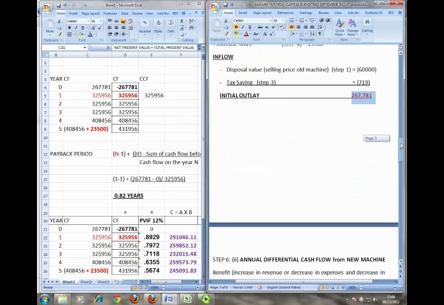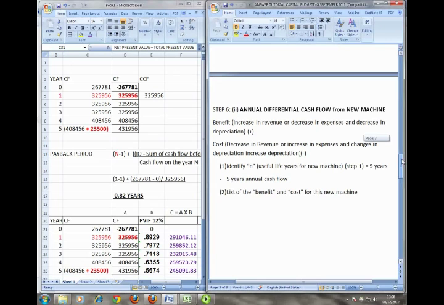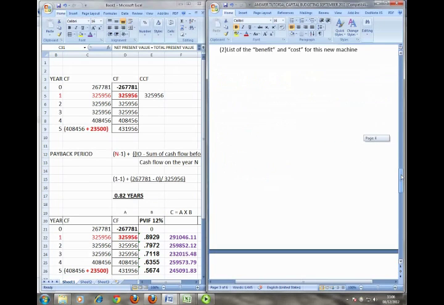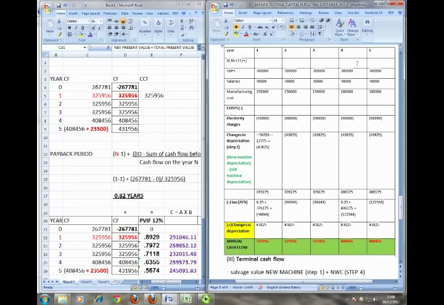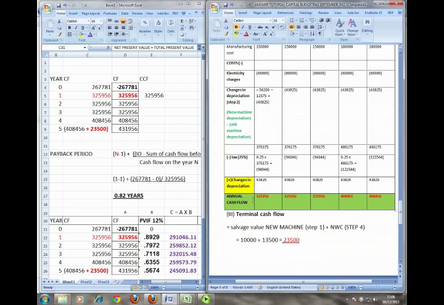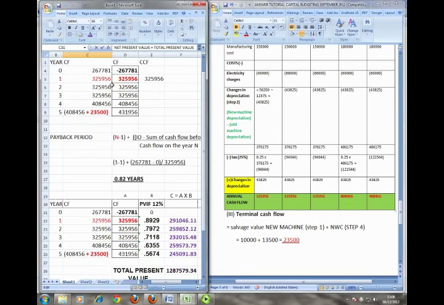Alright. Next step, step 6. The question require you to calculate annual differential cash flow. You need to construct full table. If the question is 5 years for the new machine, so you need to construct 5 columns. So then you get your annual differential cash flow. Last is terminal cash flow. Why, class, we need to construct annual differential cash flow? Because all this figure we will transfer to your